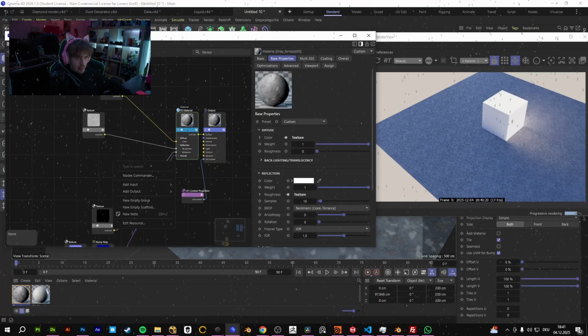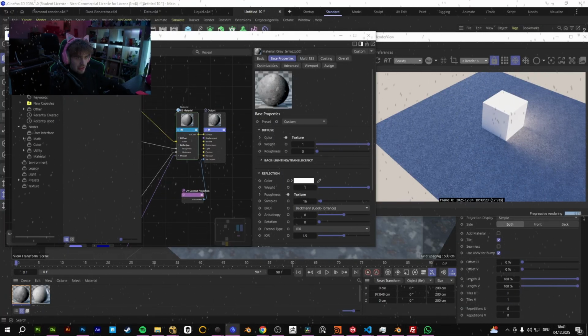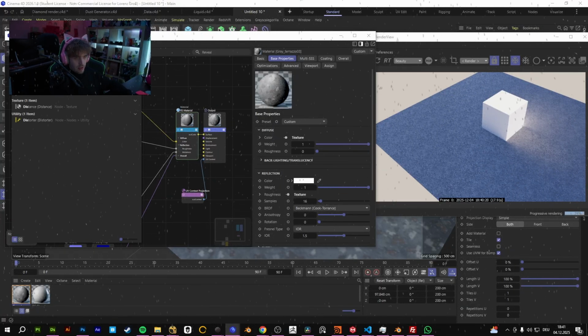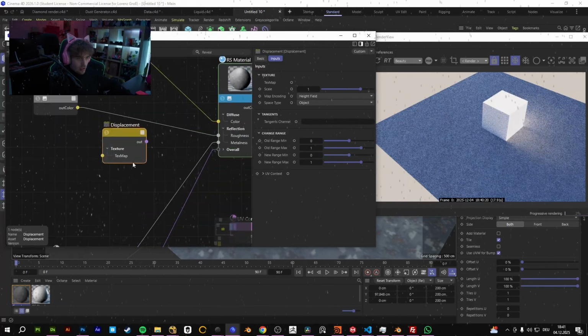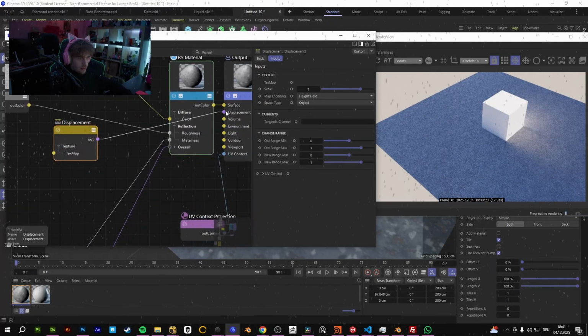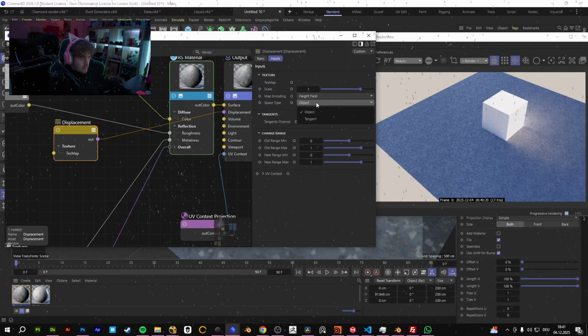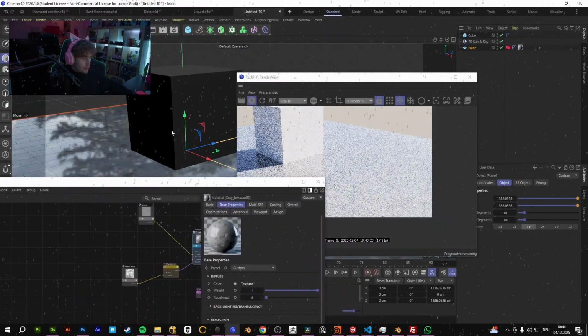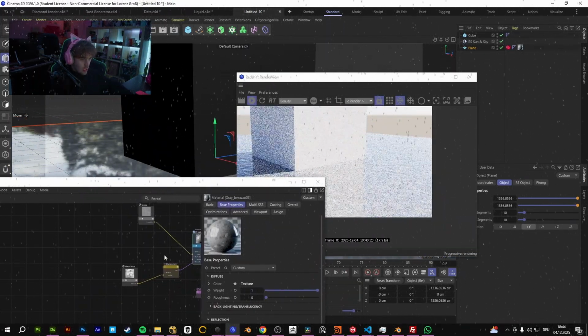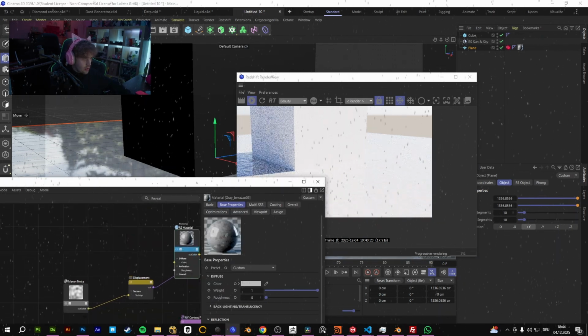And another change, the second change that I show you today in Redshift, is texture displacement. That's also a thing that has been in Octane for years. So now you have the opportunity to connect the displacement in here. And okay, now I'm back. I was a little bit confused because I don't have a specific setting for the displacement,